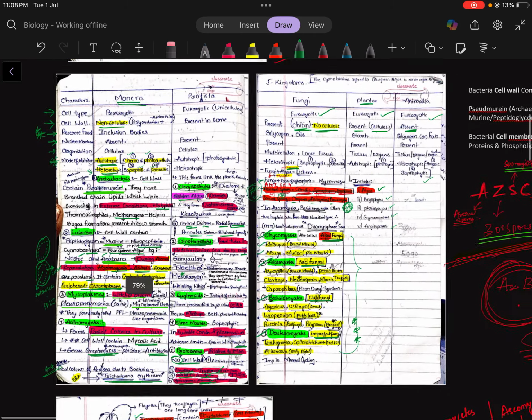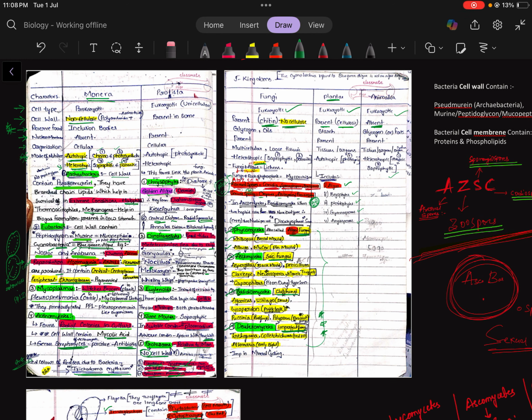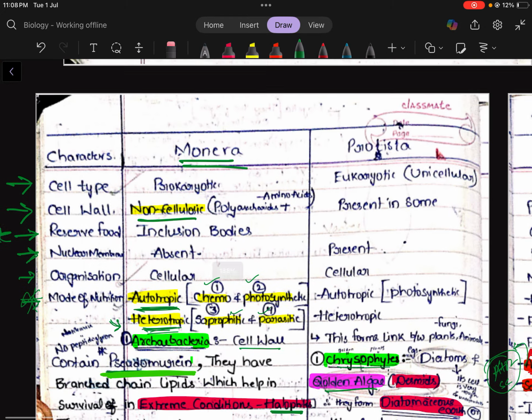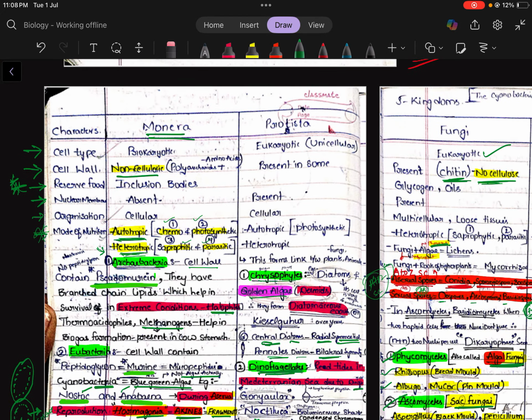You can use this table as a reference, but you should read this lesson in this way itself. Otherwise it will feel difficult to remember this chapter. So form a table and write the details according to you. It can look a little messy, but you can formulate your own notes by using this as a reference.